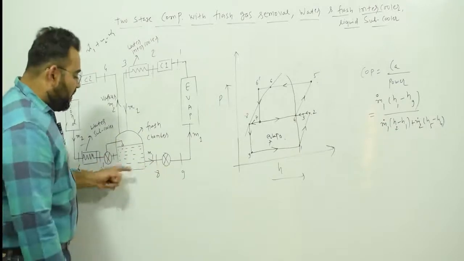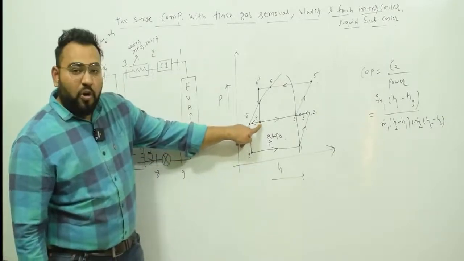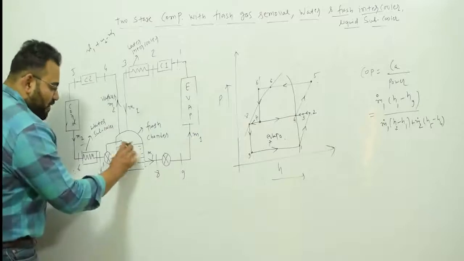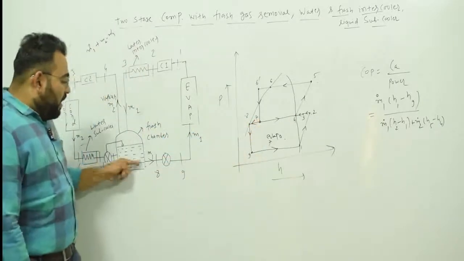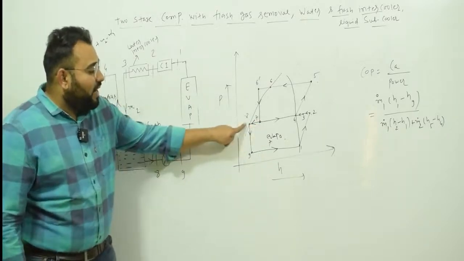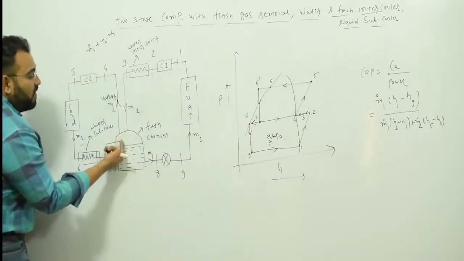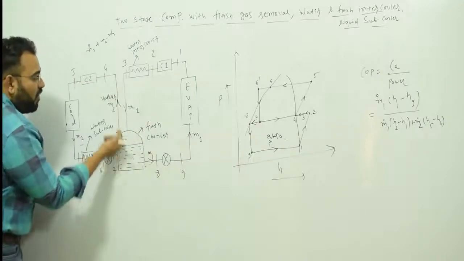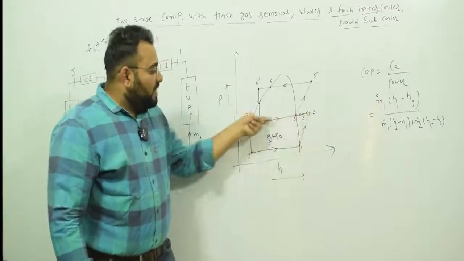So from 7 to 8, you can see that at point 7 you have a liquid plus vapor mixture. Only liquid refrigerant enters the evaporator. So 7 to 8, liquid is separated, and whatever vapor is over here is going to be mixed with this M1 vapor coming up over here. So you can see that it is mixing with the 2, 3 and 4 process like this.